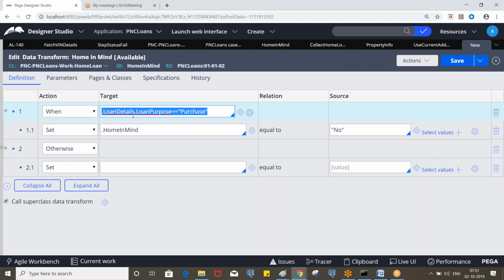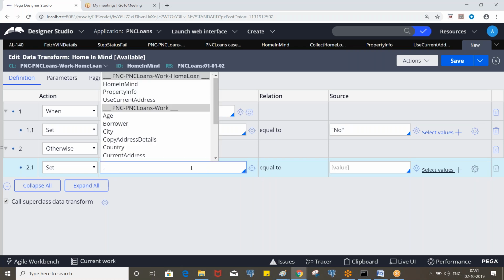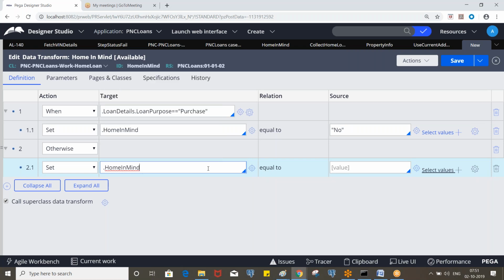Take the same expression and directly set the value, otherwise, home in mind.